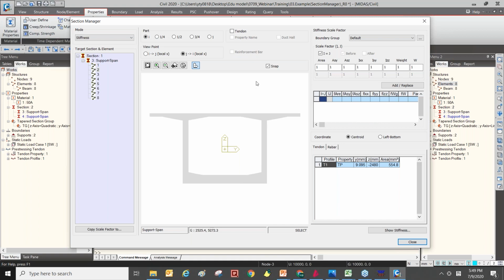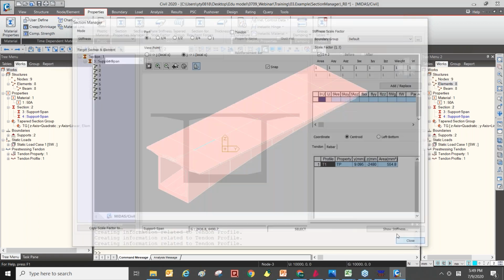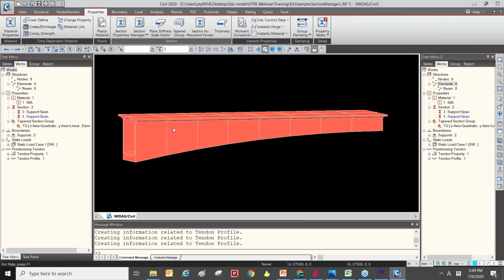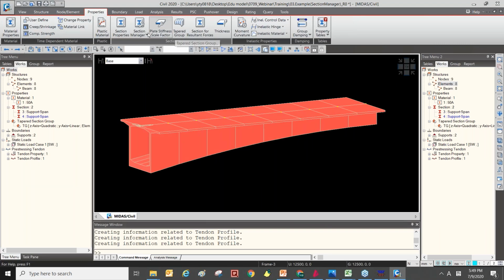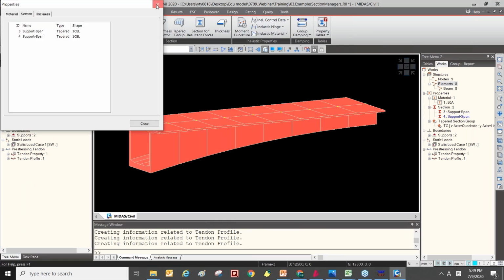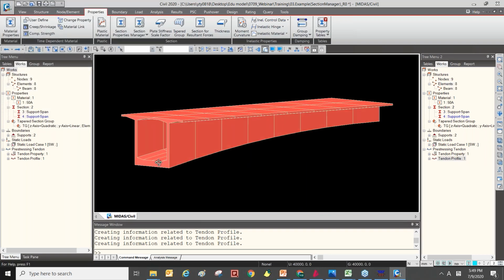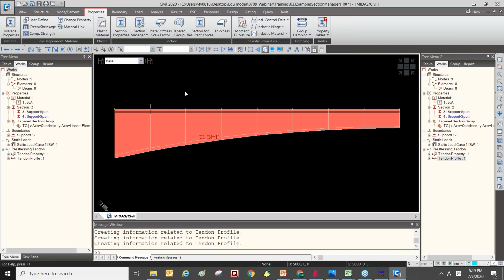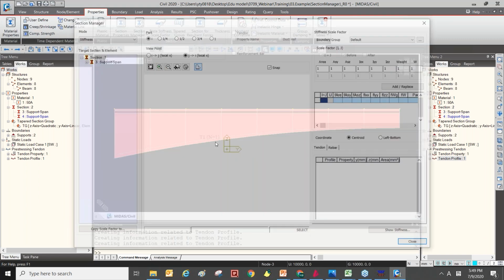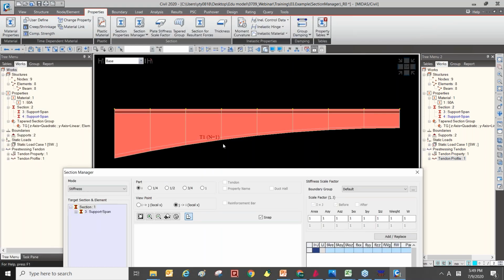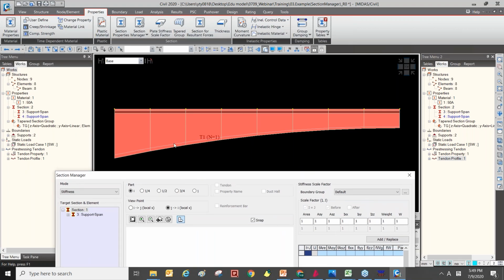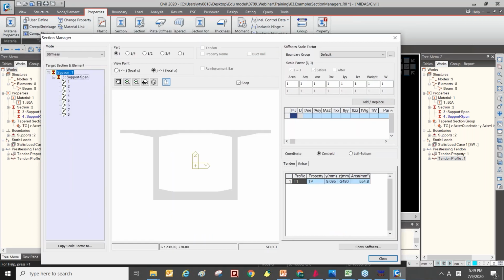And also, if you have a tendon profile in your section, like this balanced cantilever bridge girder, we could have this kind of tendon profile, and sometimes we need to check the coordinates of the tendon profile.